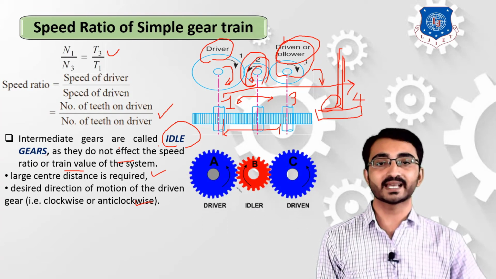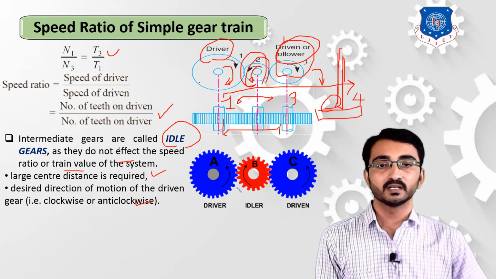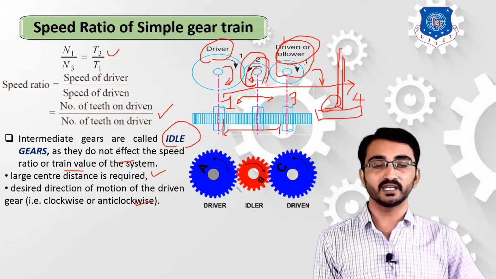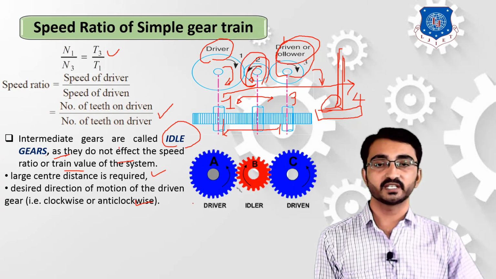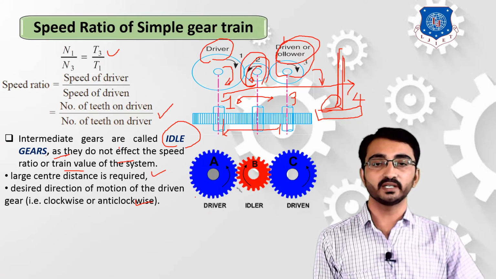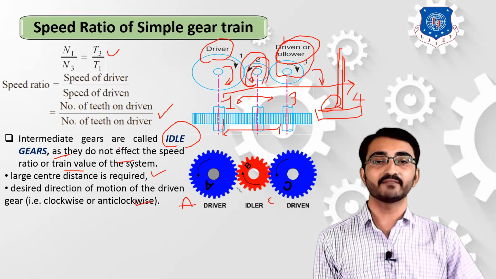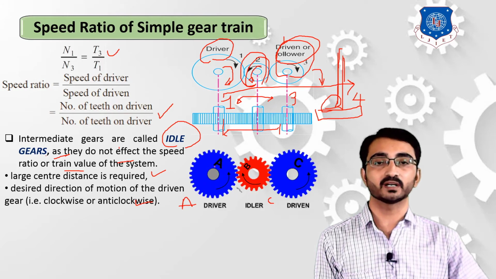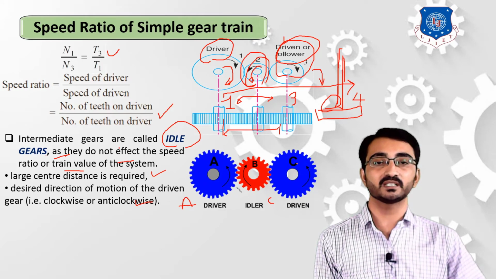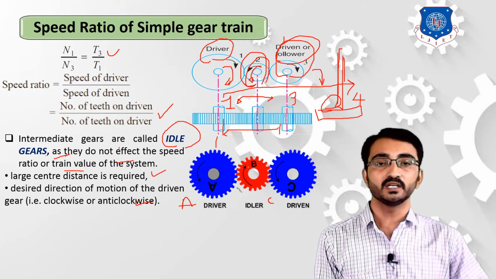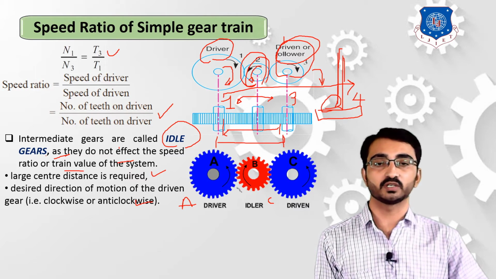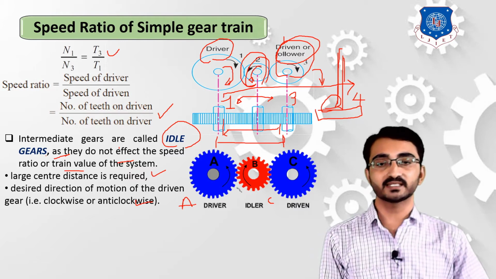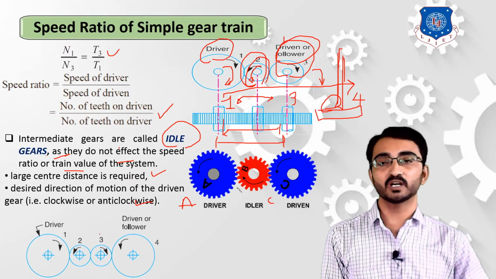Okay, let's consider this example. Over here in this assembly you can observe that gear A and gear C both have the same diameter, or we can say the same teeth on their periphery. So the speed of gear A and gear C are the same, and gear B is only helping them to achieve the relative position of the axis. Okay, so over here we can simply identify that we can use a number of idler gears.